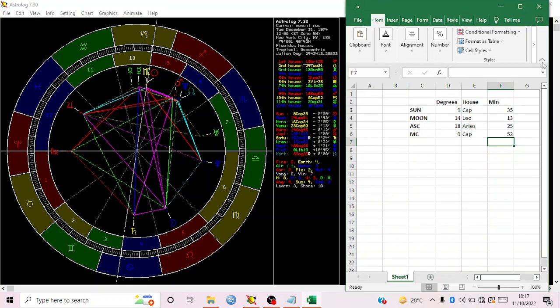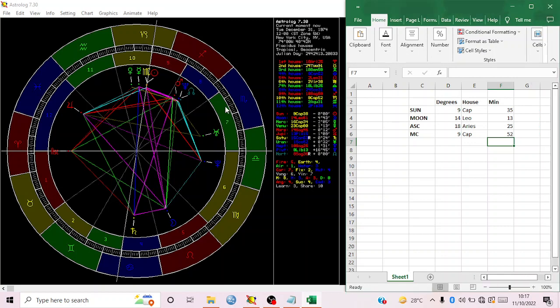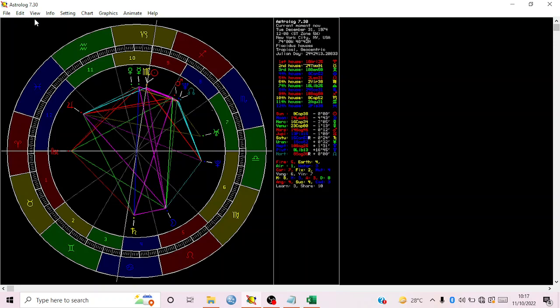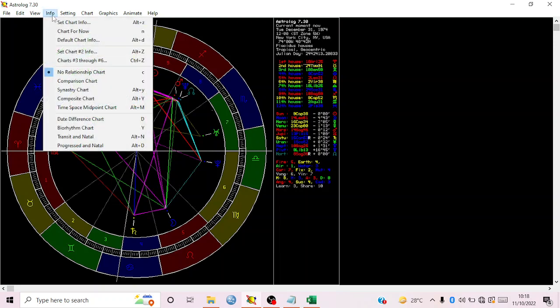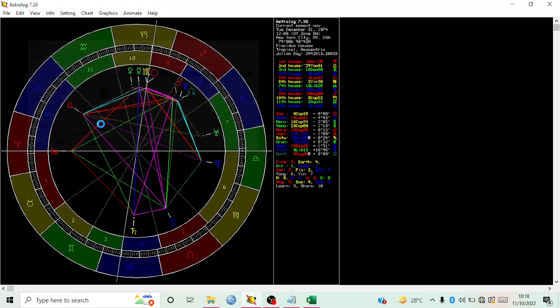So remember that every time you are entering information, especially radical information, radix information, make sure that you always go back to the location. Click on the location, look it up, click on it, and then apply. Then it will make sure that the daylight savings are automatically properly set, whether to a yes or to a no, so that your readings should be correct. Always remember this. Then you can click OK.